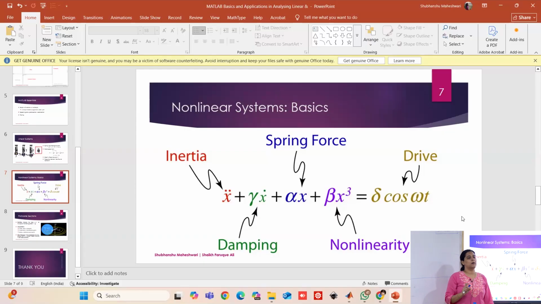Simulink is just a MATLAB add-in. I'm not sure whether you can use it separately or not. But if you have MATLAB, you can install Simulink as an add-in and use it. If you are comfortable with MATLAB codes, using MATLAB codes also you can make blocks in Simulink. That is also possible, but you can take that later on if you are interested. Today we will be just modeling the Duffing oscillator in Simulink. I'll just give a brief idea of how it is going to be, then we'll start modeling it. So your Duffing oscillator is